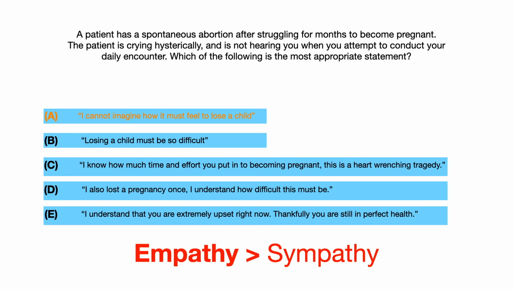So you don't want to come and be like, wow, losing a child must be so hard. That's not a wrong thing to say, but it's not as right as being honest and saying, I can't imagine what you must be feeling right now. That statement, that second one, that is a level of empathy that choice B doesn't have. So empathy, feeling what the patient feels or not being able to feel and communicating that is always better than telling the patient that you see what they're feeling. And that nuance can grab you a couple extra points on test day. So if you're struggling between two answers, ask yourself which one of these answers sounds more empathetic. And that's the point of this question. All right,